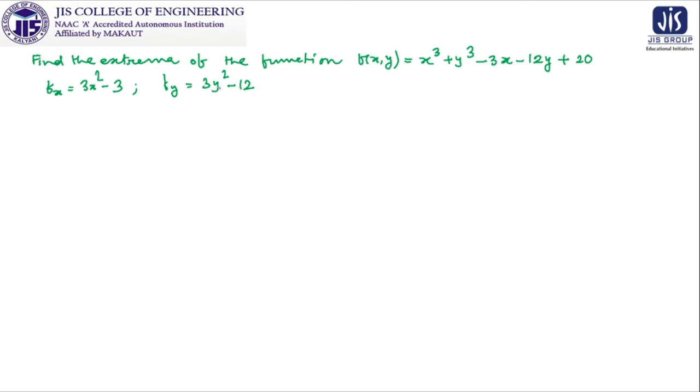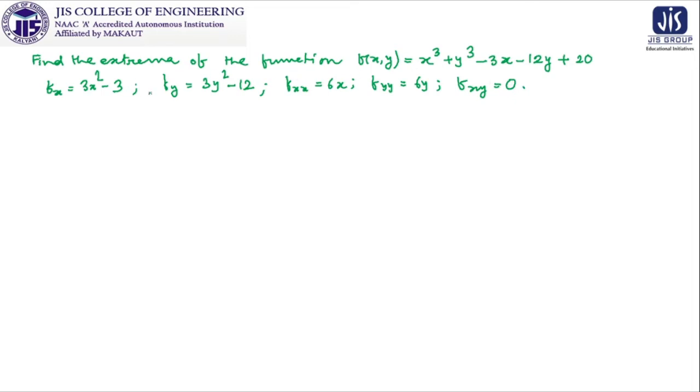We need fxx, fyy, fxy for calculation of D, but we don't need them to find the critical points, so we can make them equal to 0. We can find the critical points, but as we know it is going to be used in our further cases, we are calculating it in a similar manner. So fxx will be 6x, fyy will be 6y, and fxy will be 0.